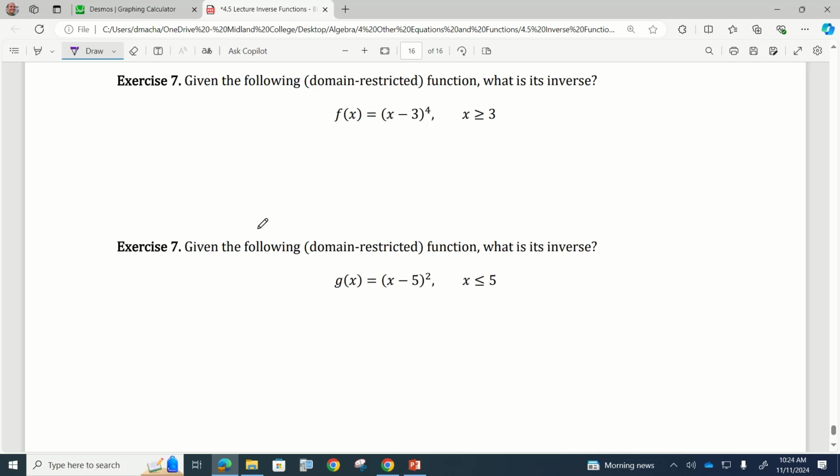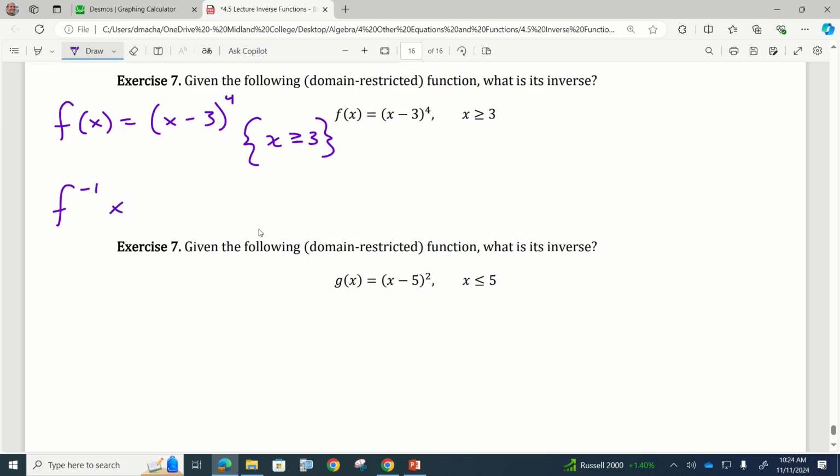Now I've got a domain restricted function and I want to know what's the inverse. So here is my function x minus 3 raised to the 4th power. And we say the domain restriction, because this is an even power, so it's got to be restricted in order to make this work, is this. So the inverse function